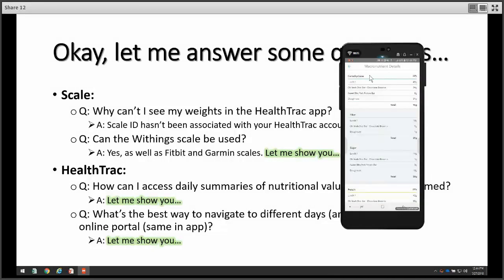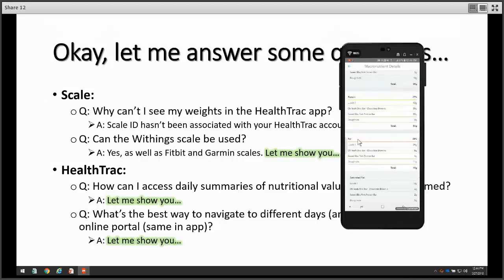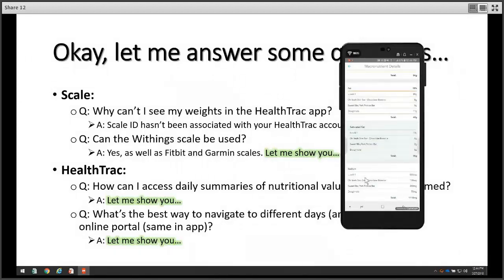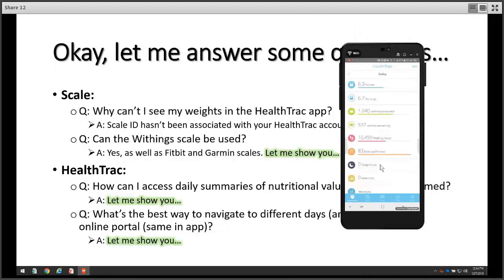And let me show you one more thing here. If I go back to the page that shows the macronutrient breakdown, and I click on the section down at the bottom, it will take you to a more detailed page that shows you, of the carbohydrates, where are those coming from? You can see that 48 grams of the carbohydrates indicated for that day are coming from what's called lunch 1, which is just an item I have in my food diary. Then you can scroll down and see where your protein's coming from and where the fat's coming from, saturated fat, etc.